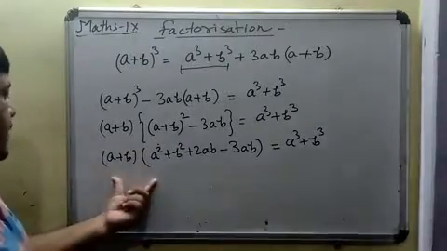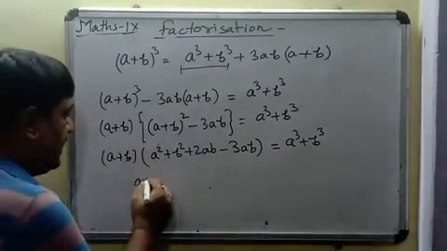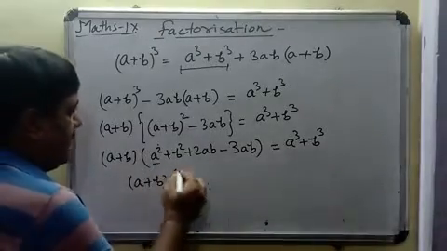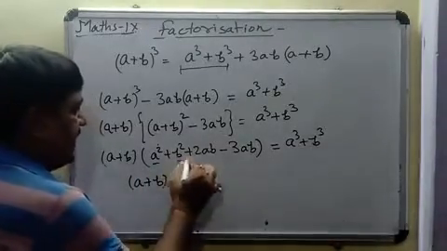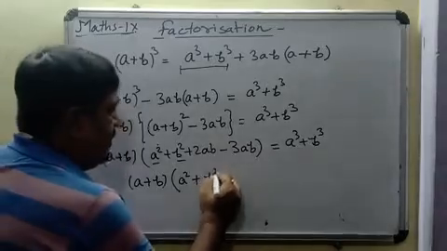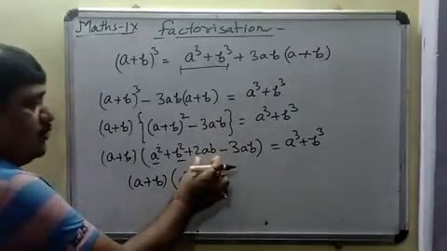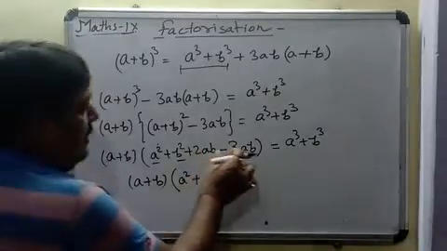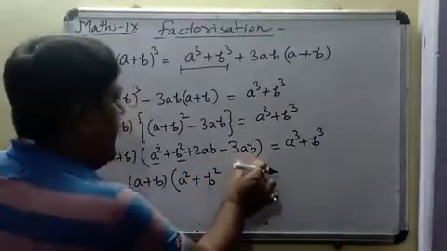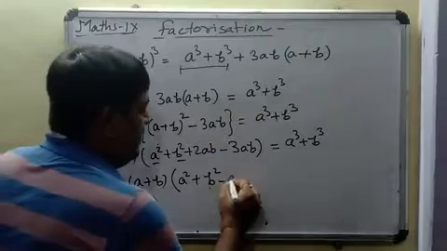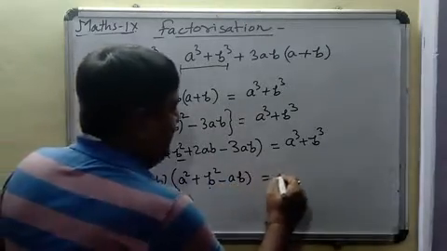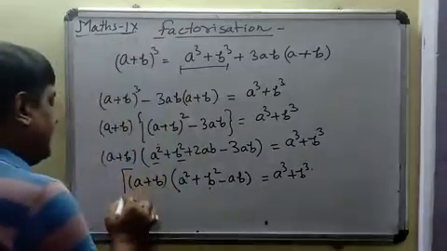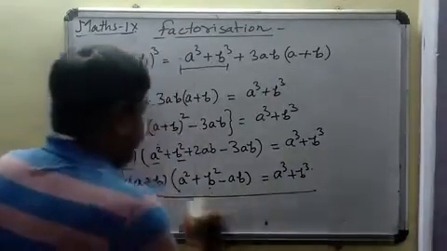Again we go for the same step. (a + b) in the first bracket. In the second bracket we have a square plus b square, and this is plus 2ab and minus 3ab. So plus 2ab combined with minus 3ab will give us minus ab, and that equals a cube plus b cube. This is the term we are going to use as a formula